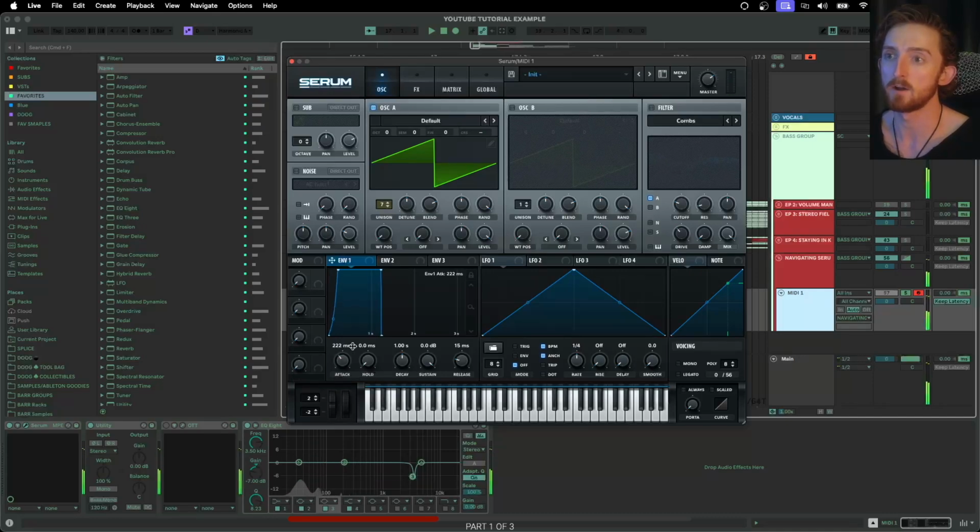But if I drag this up, it's a very slow attack. And if I want to put a knob to its default setting, I hold Command and just click that knob, and it jumps back. Decay determines at what point the sound will start to decay, and then the release is how much tail end that decay will have. So if I play this, let go,